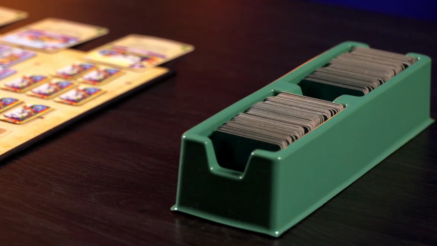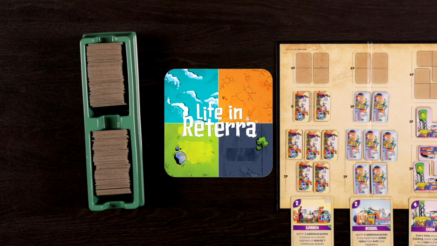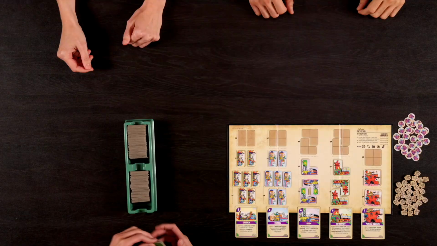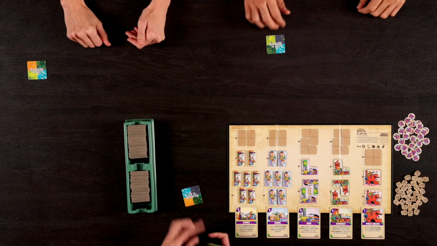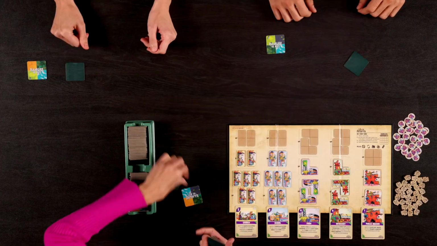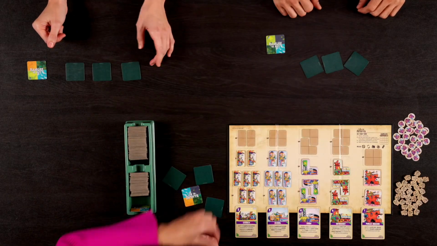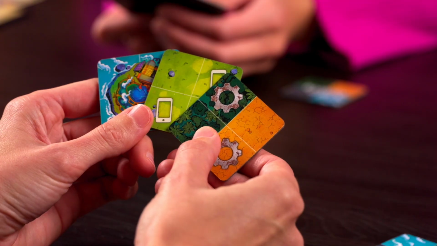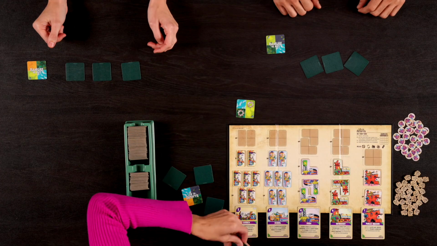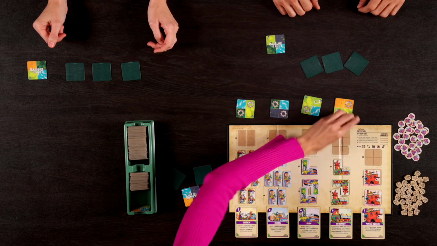Now take out your land tiles. Find the ones with the Life in Reterra logo. These are your starter land tiles. Give one to each player. Shuffle the rest and deal each player 3, face down. Shh, these are your secret tiles. Don't show anyone. Then place 5 random land tiles face up in a row next to the setup board and